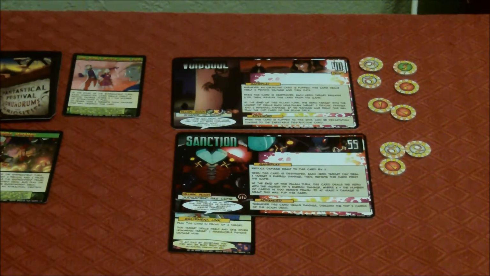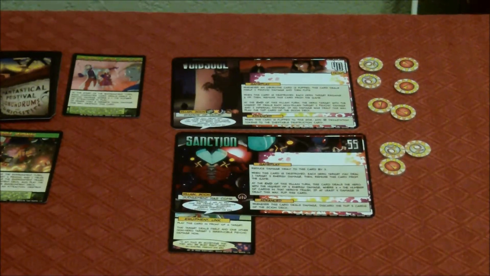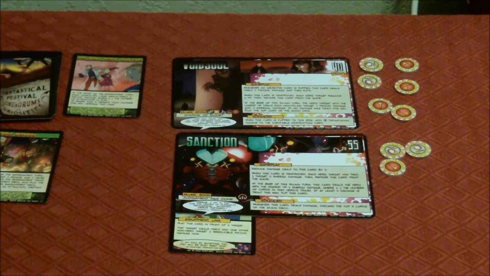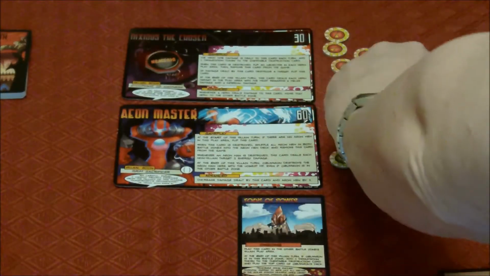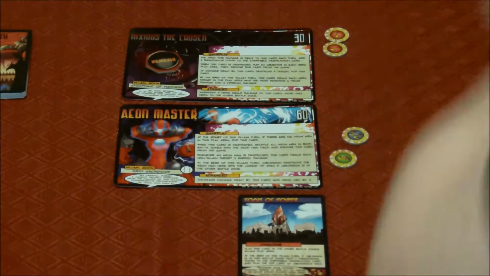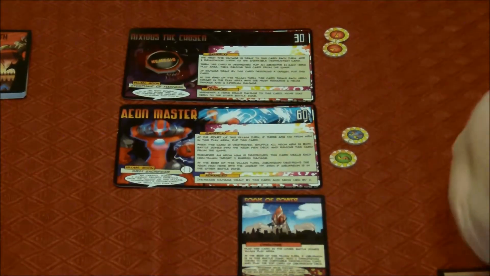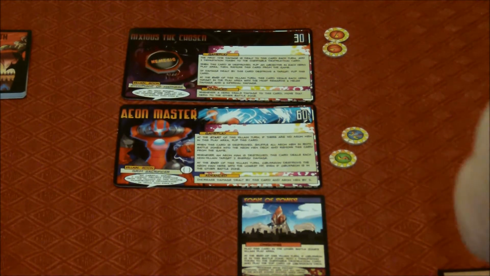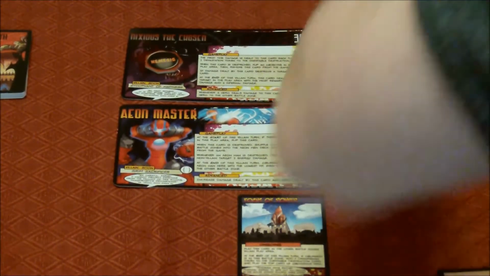So, in Zone 1, we're going to do 2 and 2 is 4 damage against Void Soul, but none against Sanction, because it blocks 2, then blocks 2. Over in Zone 2, Aeon Master is going to lose 4. Nature's the Chosen is going to lose 2 at first, which puts another devastation token on the destruction card. 2, 4, 6, 8, 10. Yes, we've got a couple ways that we're going to lose. And then another 2, so at least